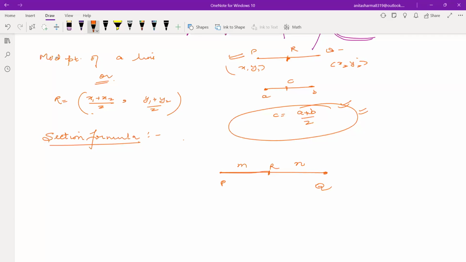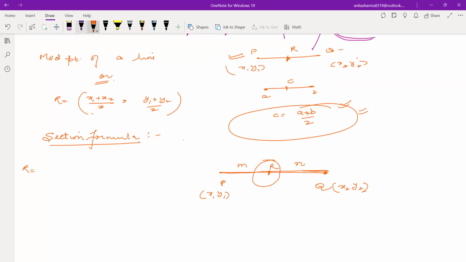It means PR is m and RQ is n. The coordinates of P are x1, y1 and Q is x2, y2, and we need to find the coordinates of R. So the coordinates of R will be